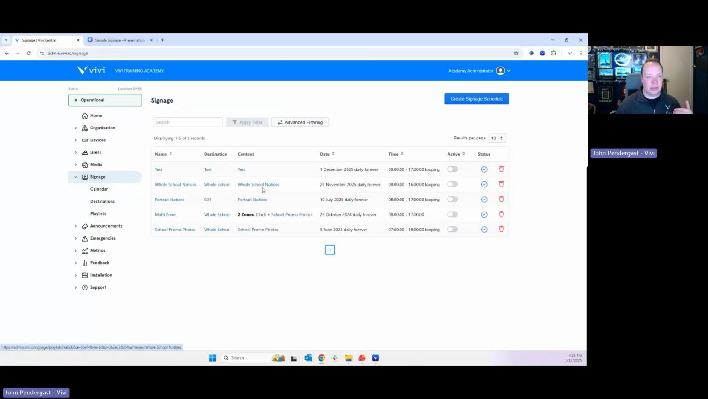So I do actually have, here's one I prepared earlier. This is just a clock and some photos. So that should appear on my screen shortly. There we go. So I've got the clock over on the side there, and then the photos will start loading onto here. It's just a way that you can get multiple layers of content onto the screen at